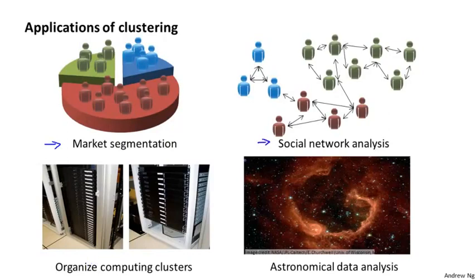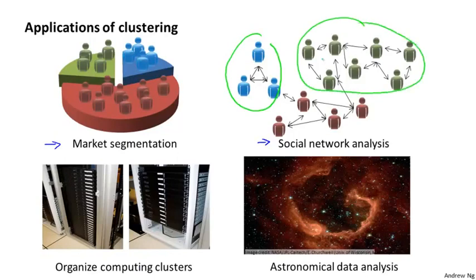Social network analysis. There are actually groups that have done this. Things like looking at a group of people's social networks, so things like Facebook, Google+, or maybe information about who are the people that you email the most frequently and who are the people that they email the most frequently, and to find coherent groups of people. So this would be another maybe clustering algorithm where you want to find who are the coherent groups of friends